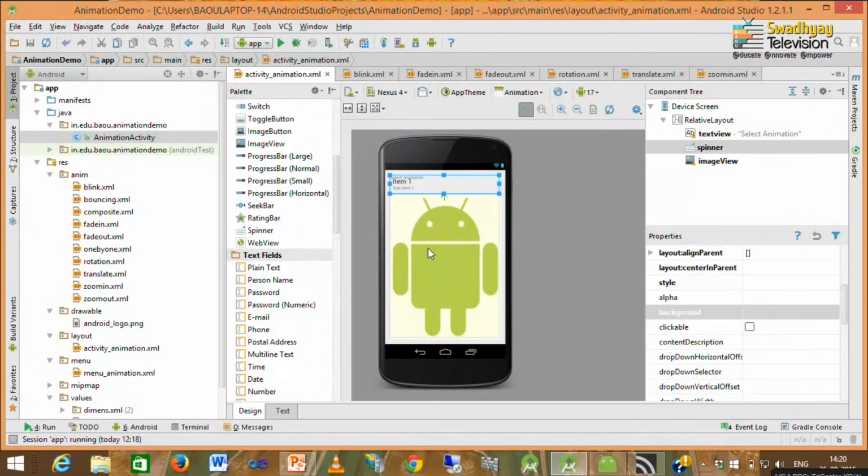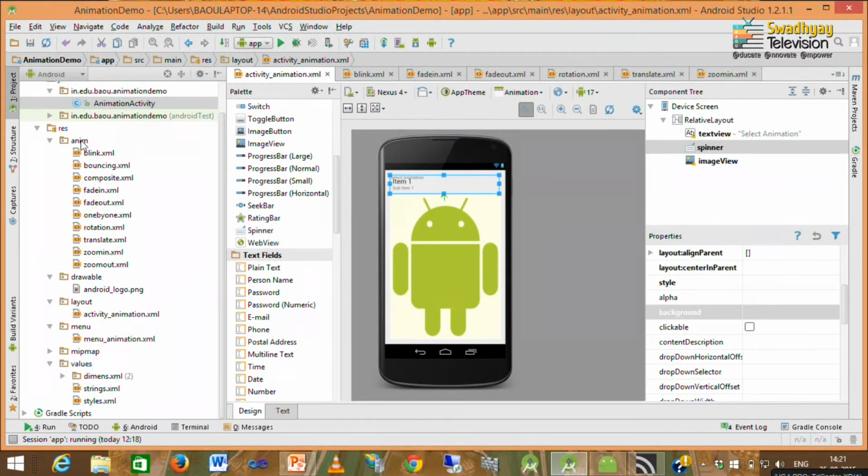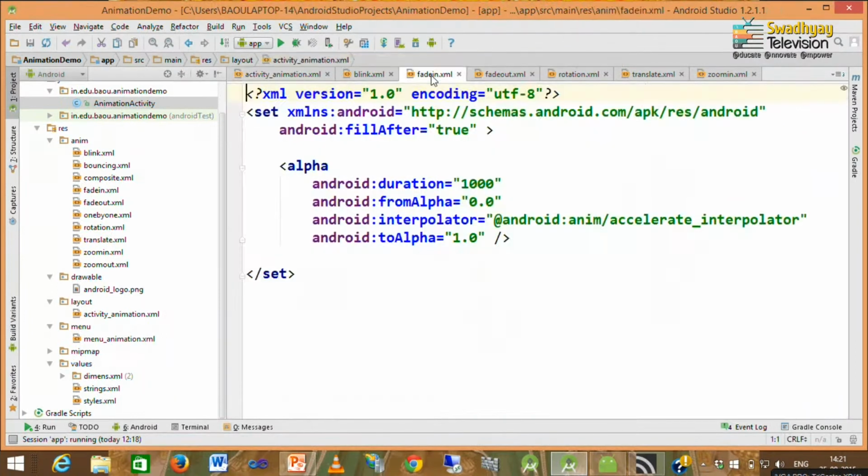So, we will learn how to do that, but before that we will learn these different types of animation that I have already written. So, first we look at the fade in effect or fade in animation. Here on screen you can see we have set the attribute which is already created by our file. Now, here I add one attribute, android:fillAfter. We have already discussed this fillAfter.